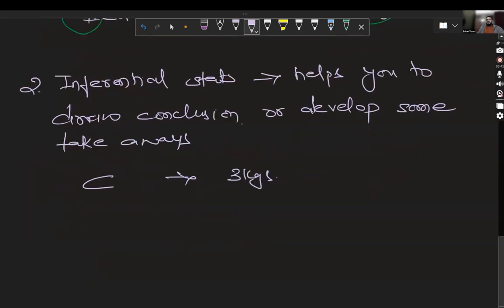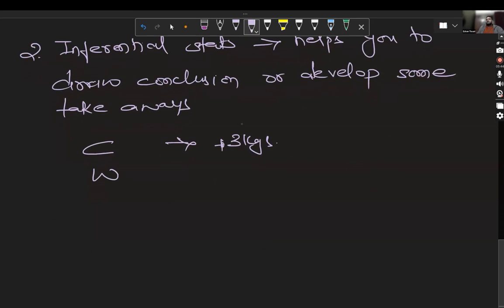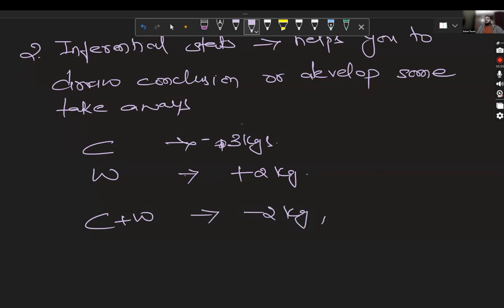Somebody who is doing cardio, they lose weight by 3 kg. Somebody who's doing weight training, they gain 2 kgs weight. Whereas somebody doing cardio plus weight, they are actually losing 2 kg, but they are gaining, let's say, 2 kg of muscle. So what you can give as an inference,